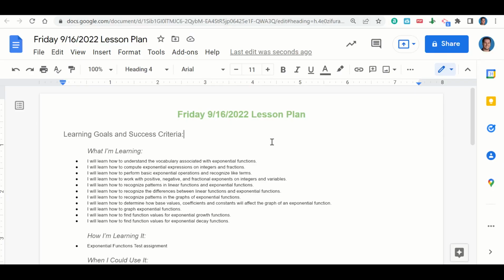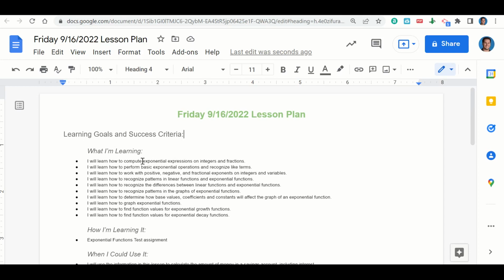Welcome everyone. Let's begin our lesson for today by going over our learning goals and success criteria. What are we learning? We're learning how to compute exponential expressions on integers and fractions, how to perform basic exponential